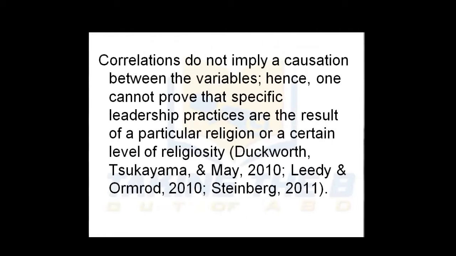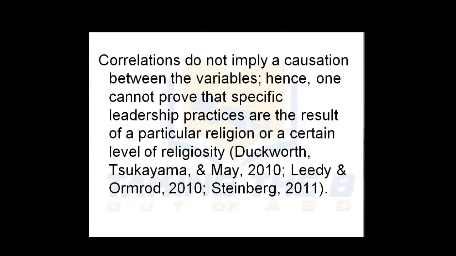Here we see correlations do not imply causation. Now he's starting to introduce why the causality type research design was not applied and why he's using correlation. He's not looking for a cause and effect relationship. He's looking at correlation, how one independent variable correlates to the other, and looking at multiple independent variables in the same manner, as compared to looking to see if one causes something else to happen.